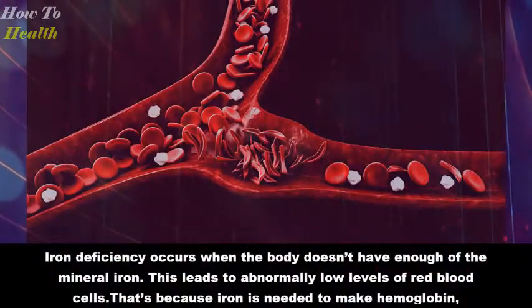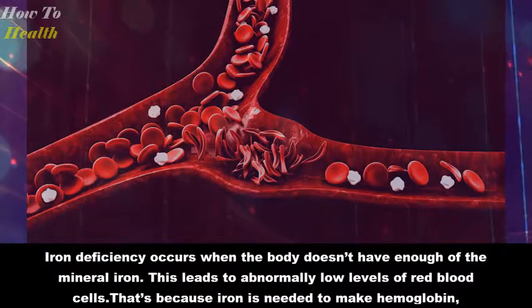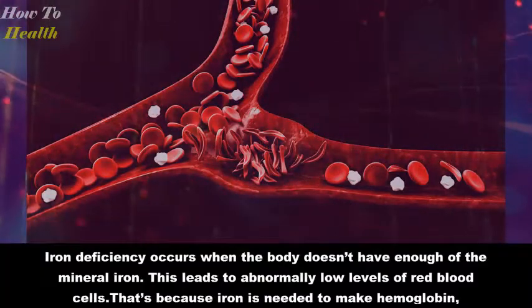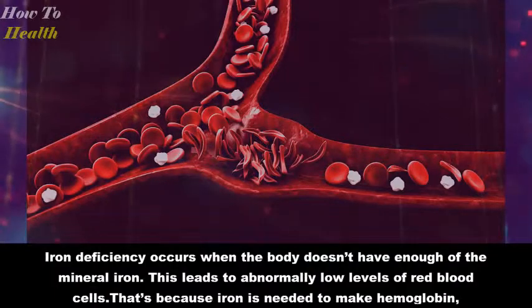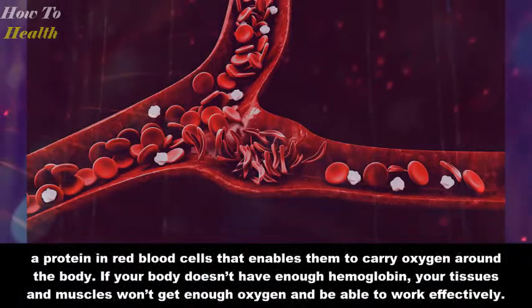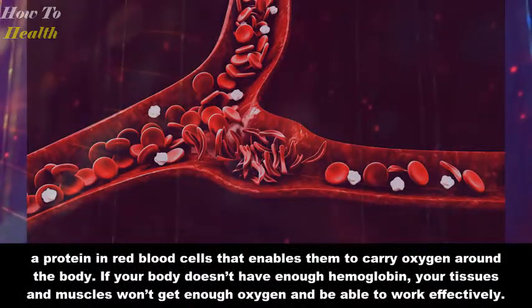10 Signs and Symptoms of Iron Deficiency. Iron deficiency occurs when the body doesn't have enough of the mineral iron. This leads to abnormally low levels of red blood cells. That's because iron is needed to make hemoglobin, a protein in red blood cells that enables them to carry oxygen